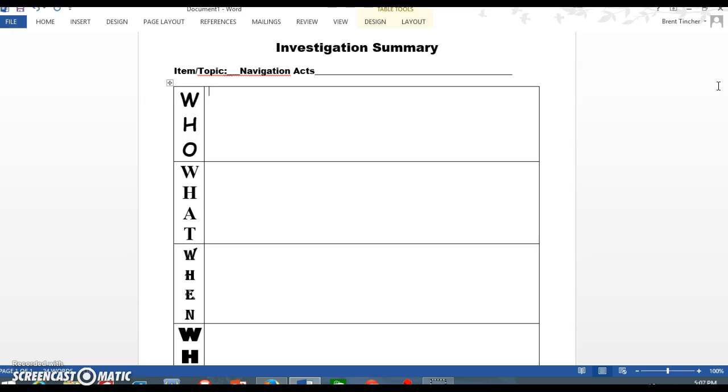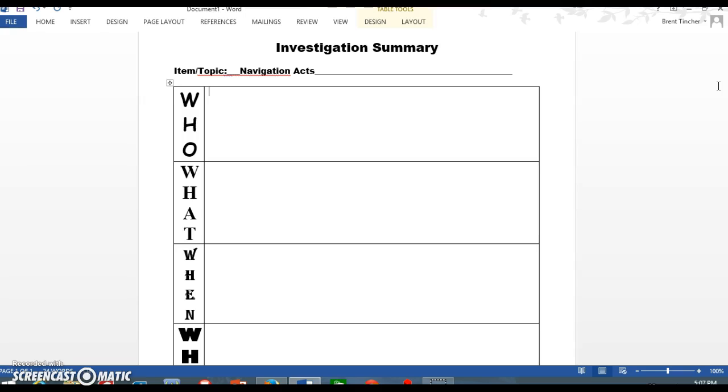And I don't mean that I'm going back to the beginning of the chapter section. What I mean is I'm going back to the subsection that deals with the Navigation Acts. So I flip back to page 95. And on page 95, I see that section begins near the bottom of the page, and it's titled Atlantic Trade. So I'm going to read this section all the way through to page 96,